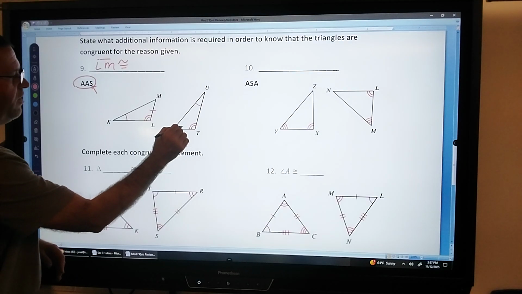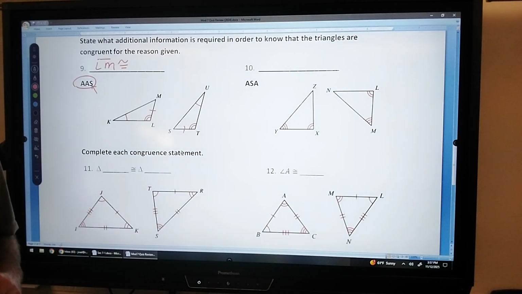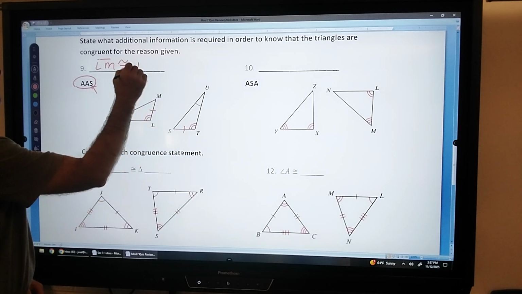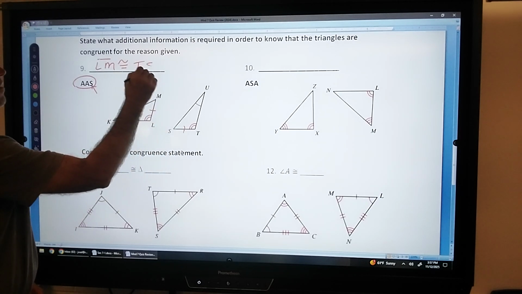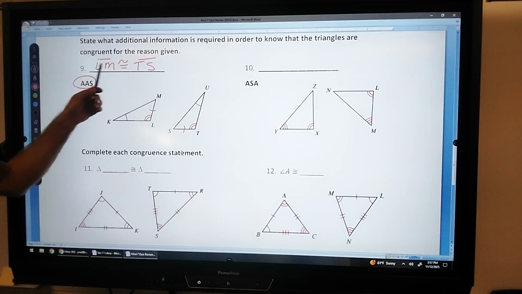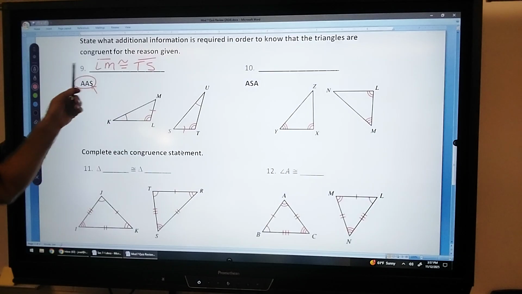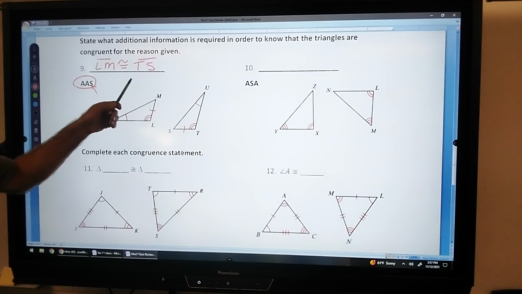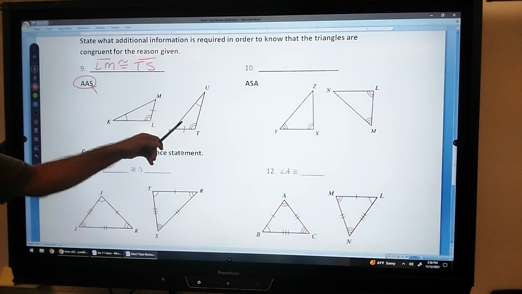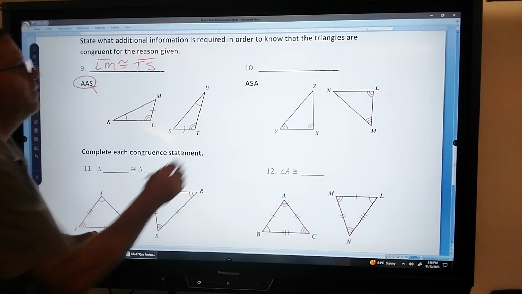So that would be right here. But I have to make sure I name it correctly. So letter L had the double arc, letter T has the double arc, and then letter S. So there we go. Okay, so you're going to give the side that is missing, one side congruent to another. This triangle over to here. Number 10,